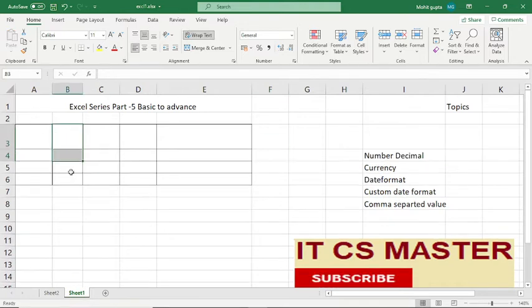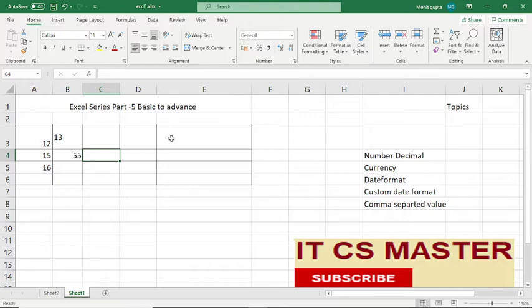So suppose I have some random numbers: 12, 13, 15, 70. Here you can see it is in normal form, not in decimal form. If you want this in decimal form, we have two options.